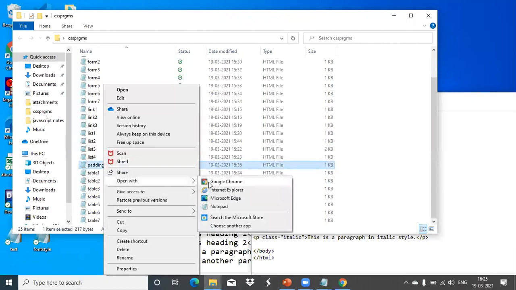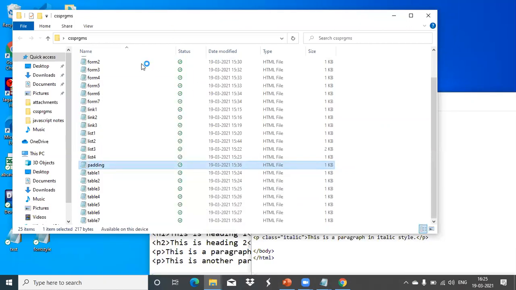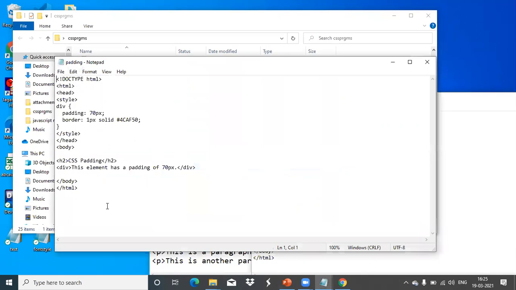Now we'll see padding also. We have seen margin yesterday. Margin, what it is doing means alignment only. The spacing we have given between each element like that. Now inside that element also, if you want to give any spaces, so two elements are there, and if you want to give any spacing in that, we'll use the padding property.